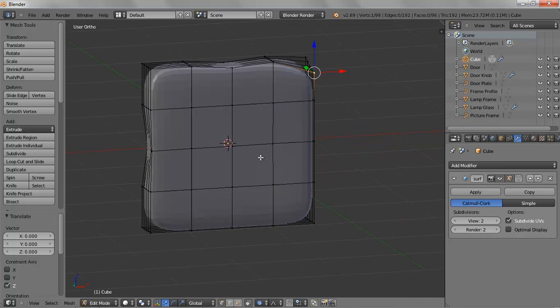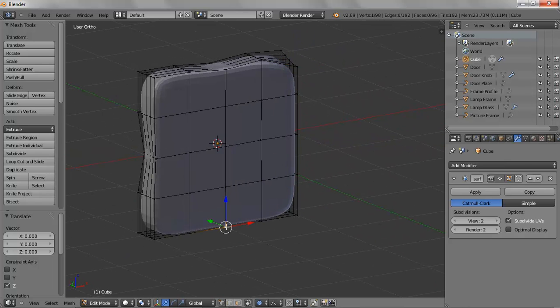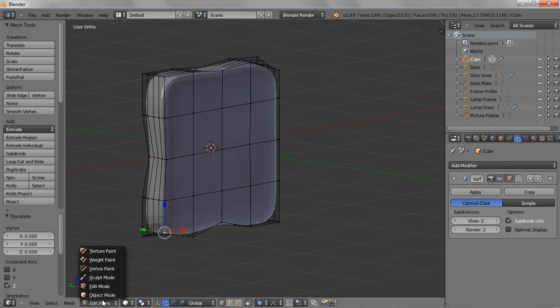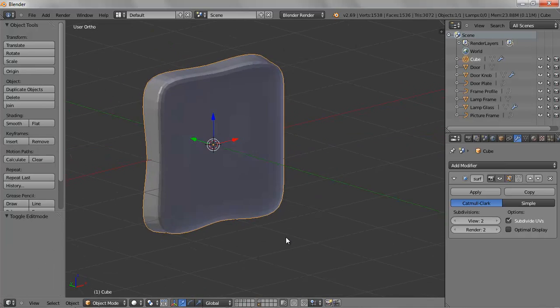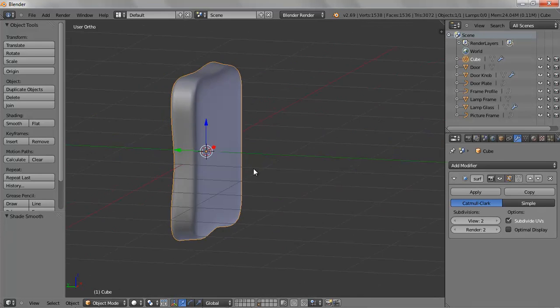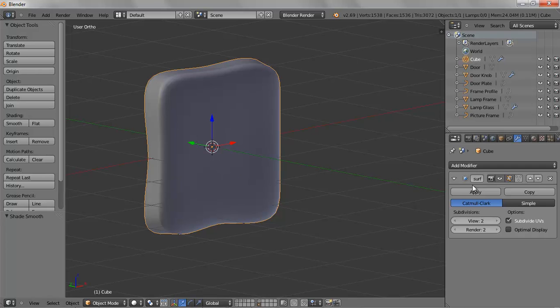So all you do is you go in and you modify everything as is until you get a form or a shape that you like. And once you get that set up, we go back to object mode. Now this doesn't have smooth shading on it, so if we add smooth shading, that's going to take it one layer closer. And then if we apply this,